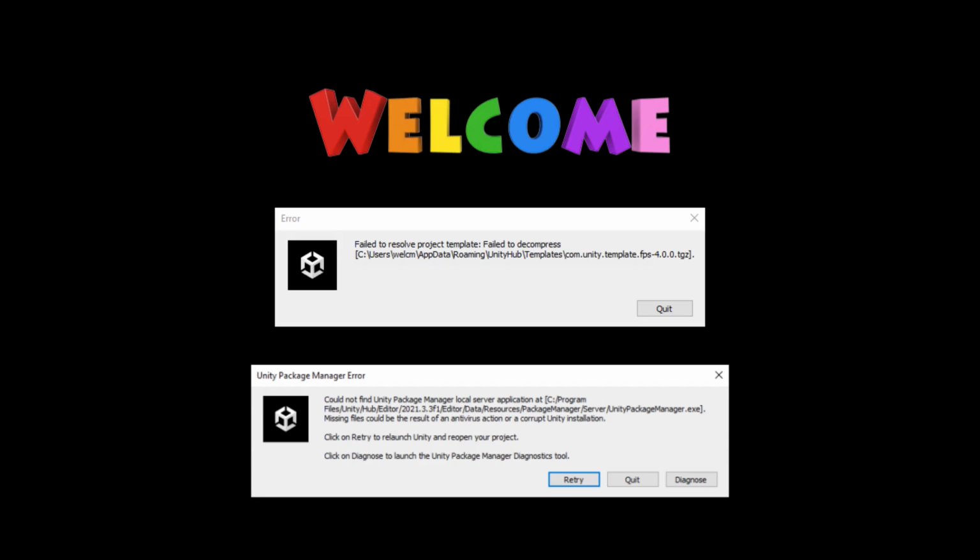Hello everybody! Today we're going to be troubleshooting some issues that people are facing using Unity. So if either of these error messages on the screen look familiar to you, let us venture together to diagnose